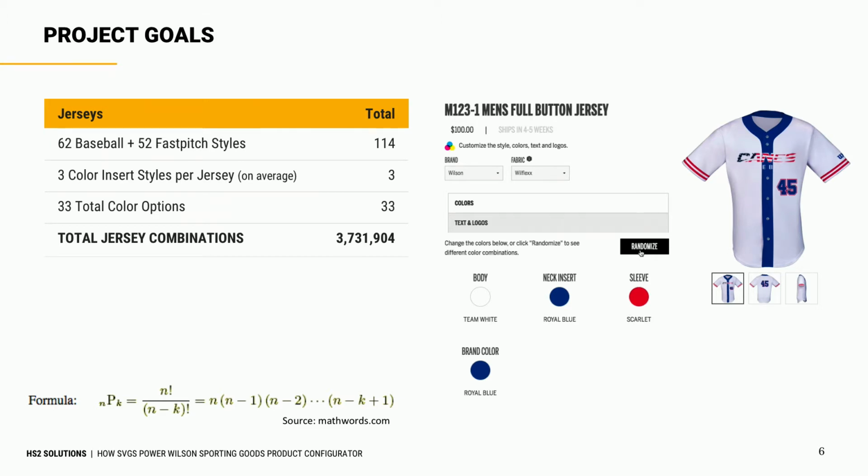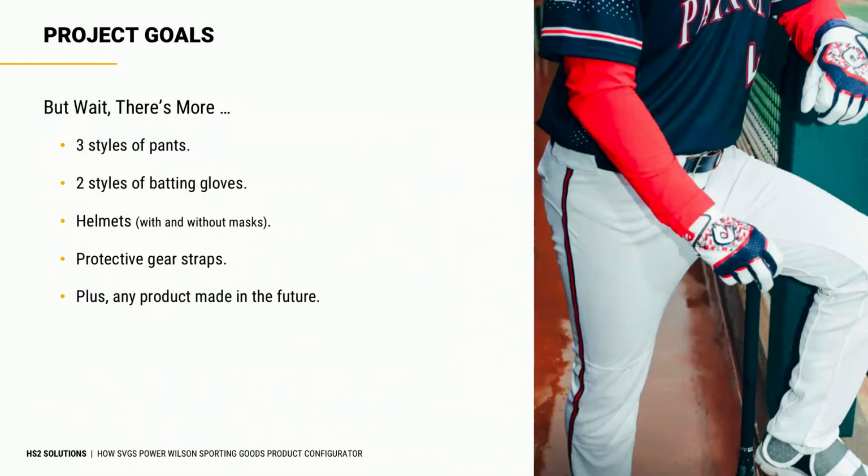So again, jerseys, and that would just be the front of the jerseys. We also had to show the back and the side of these jerseys. But wait, there's more. We had 3 different styles of pants, 2 different batting gloves. Something you might not know about Olson Sporting Goods, they also